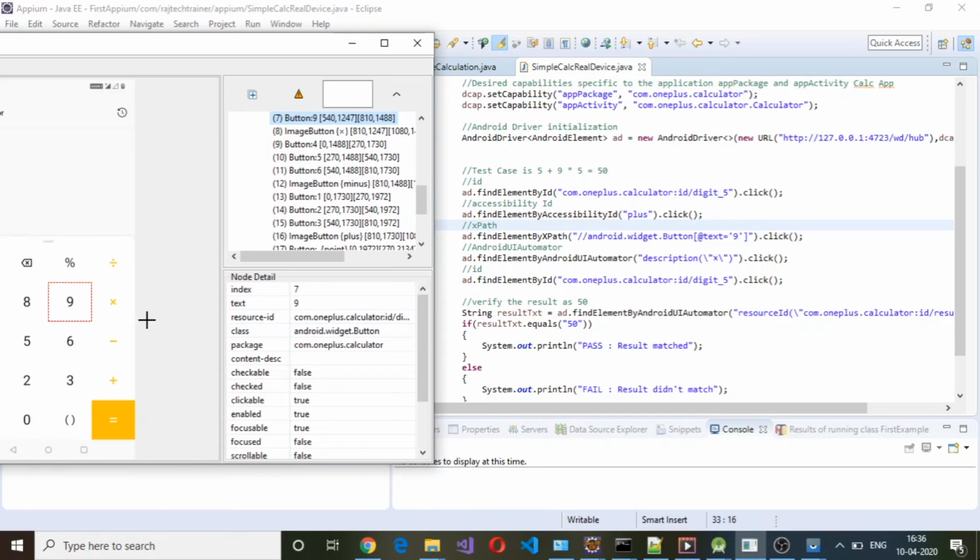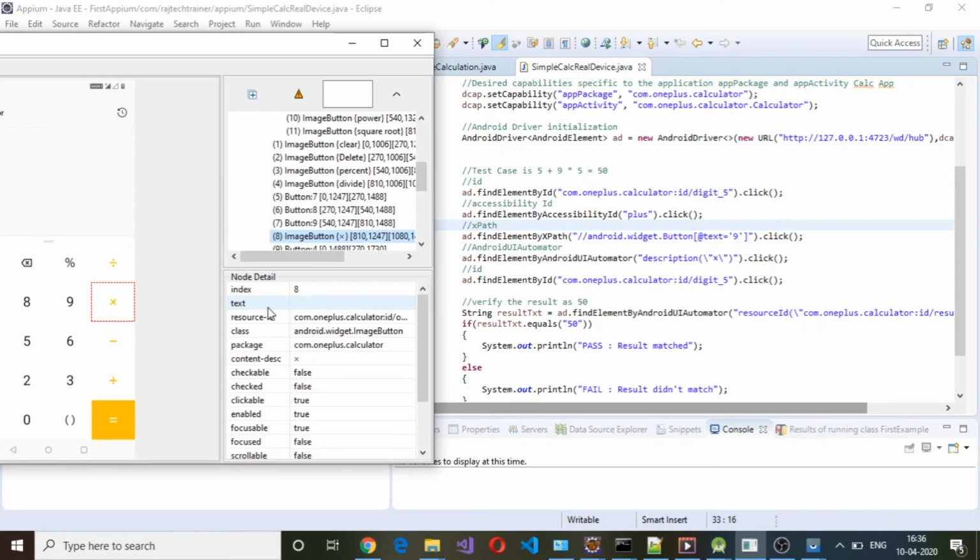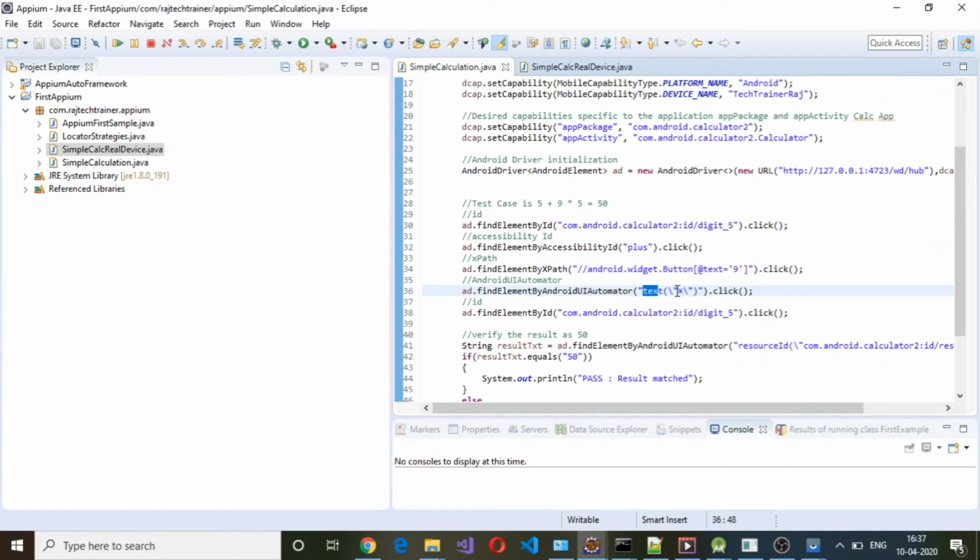And for multiplication, on the virtual device we had a text called x. However, the x is in content description on the real device. That is the reason I have taken description along with x. If you look at the other one, it is text followed by x here.